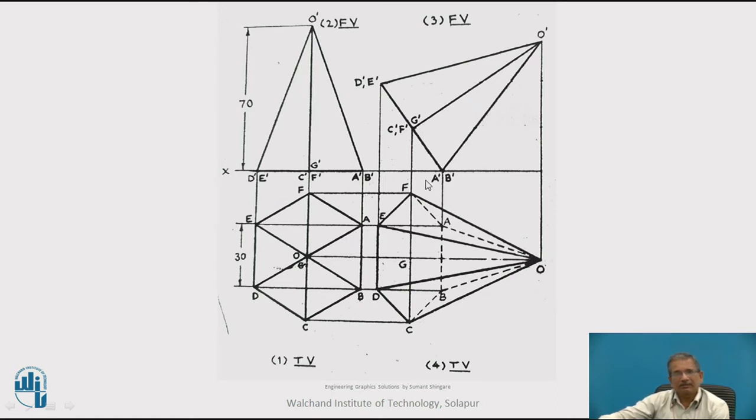AF and BC will be the dotted lines, as there are 2 points resting on the ground and both the points are equally away from the observer, which will not be visible and will work as a hidden line. So the lines related to A and B will be dotted lines. So project it downwards as usual.